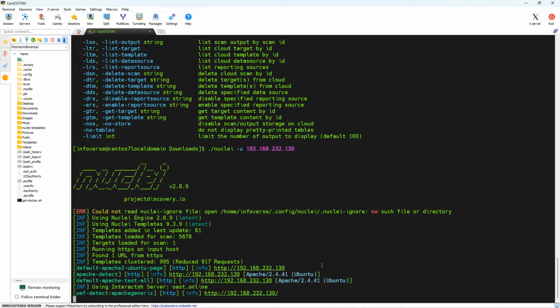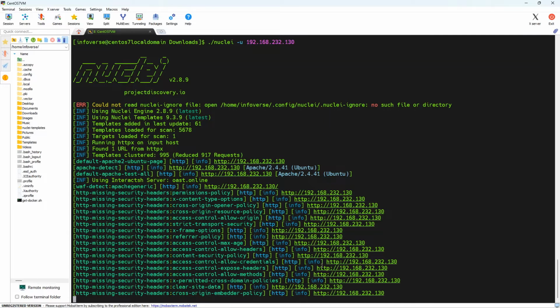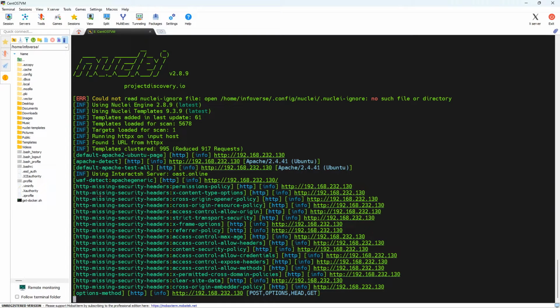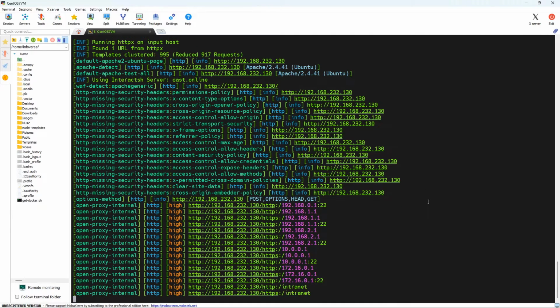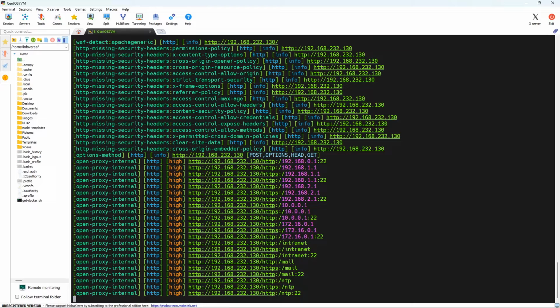a list of targets. So you can see it's going through that server, and it's detected that it's got Apache running. It's an Ubuntu machine, and it's also providing some information. As you can see, it has some missing security headers, and all of them the severity is in info, which is more informational. So it's good to know, but it's not something that can affect you at this moment. But it's great information that can be captured, and then you can go back and resolve them. Here we see some severity levels marked high, and they belong to the open proxy internal, and you can see that it's listing those